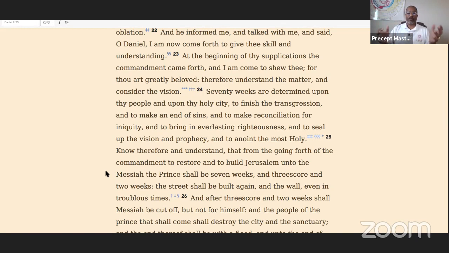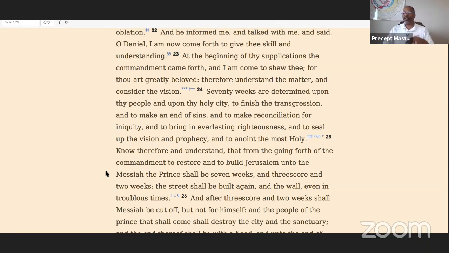So the 70 weeks are determined, and those 70 weeks are how long his ministry was. That was it. Why? Because it would break a couple of rules if it was 3.5 years. This is the silliness that they teach. Because if it was 3.5 years, how old does a sheep have to be to sacrifice it unto the Most High? A year old. He tells you that, it's right there. And he said, when it's a year old, then you keep it for what? You keep it for 2 weeks, 14 days. It tells you that in the law. So if he offered a 3.5-year-old body, he's violating the law, not Yahushua, God himself. That shows you the silliness there.